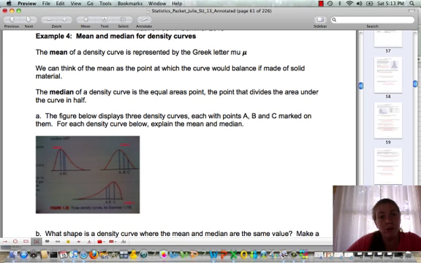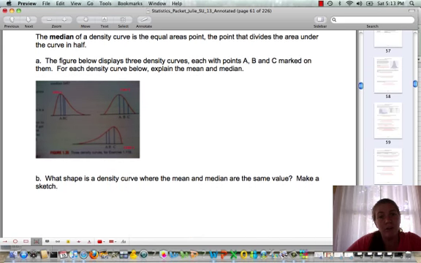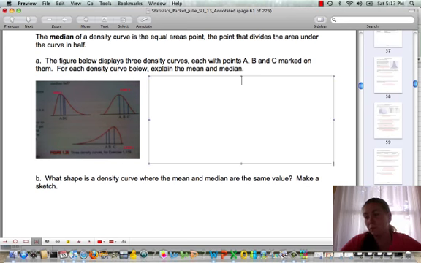So this figure here in part A shows 3 density curves. And for each one of these, curve 1, curve 2, curve 3, we want to explain what we know about the mean and the median. And it's a little bit hard to see in your photocopy, so maybe you can see it better here. I'll give a description. So we'll say in curve 1,